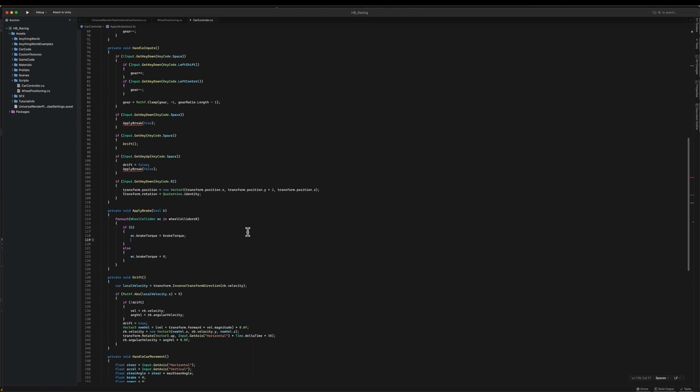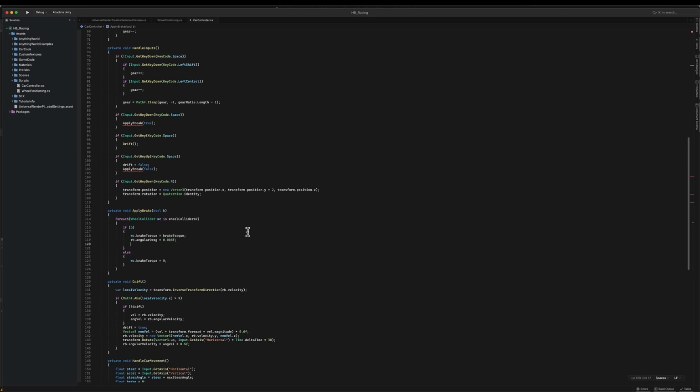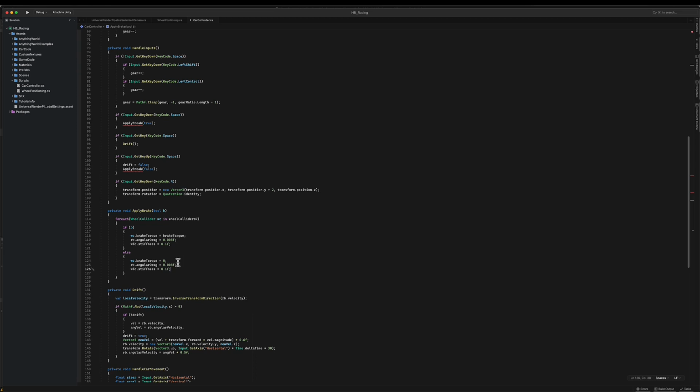It's RB.angular drag equals 0.005, and the WFC.stiffness equals 0.1. Else, this is 1 and this is 1.5. Okay,